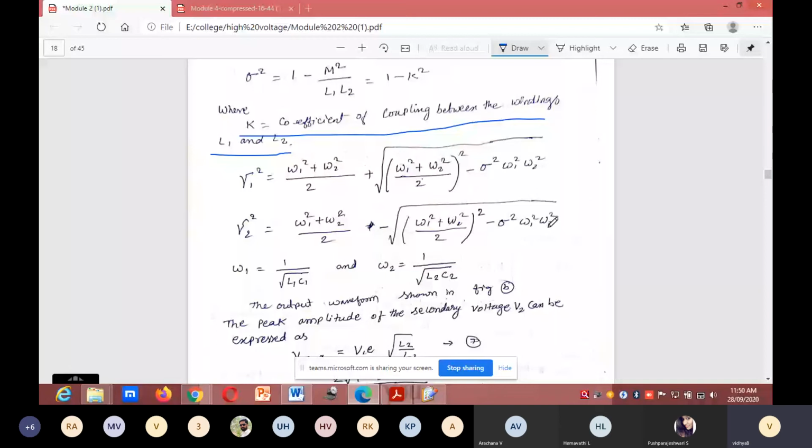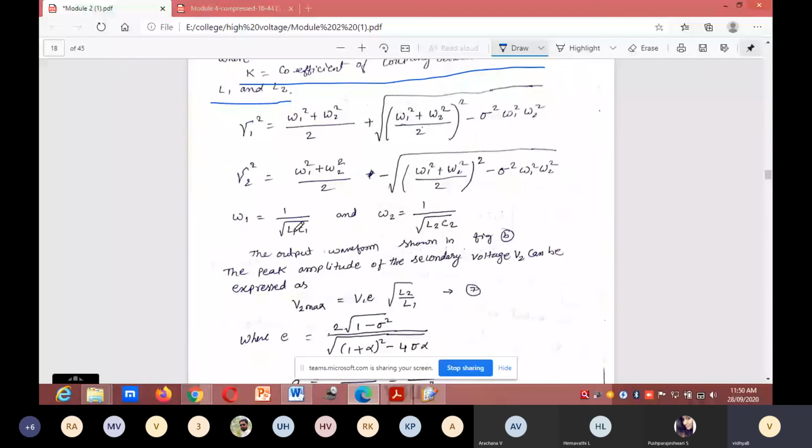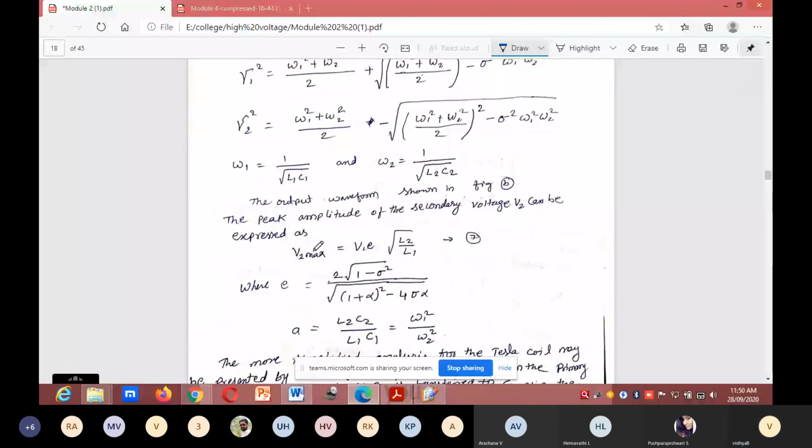Okay, omega 1 is equal to 1 divided by square root of L1 C1 and omega 2 is equal to 1 divided by square root of L2 C2. The output waveform is shown in this figure. The peak amplitude of the secondary voltage V2 can be expressed as V2 maximum is equal to V1 into E into square root of L2 divided by L1,